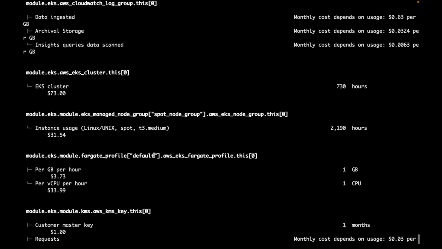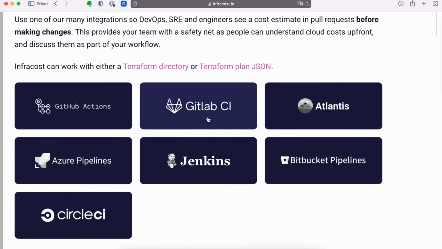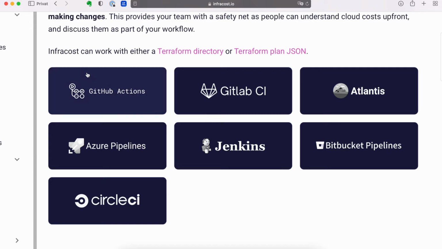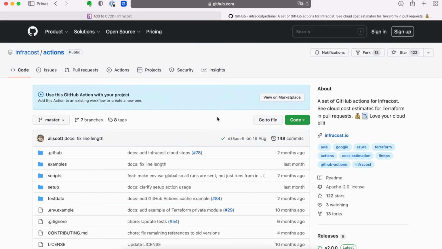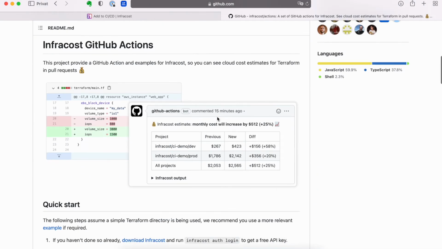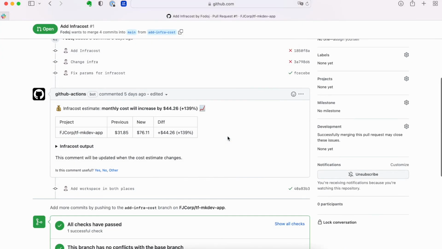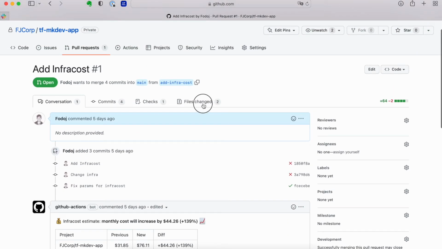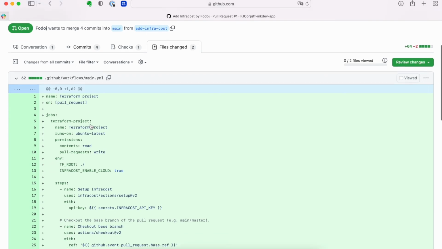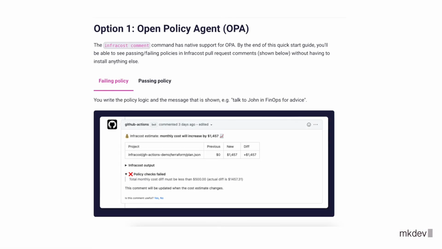Using this CLI manually is fun, but not that useful in the long run. InfraCost developers realize that, and they offer an excellent collection of templates for some of the most popular CI/CD systems. You can just copy the GitHub Actions workflow they offer, configure an API token to a GitHub Actions secret, and you get these beautiful cost estimates inside a pull request.